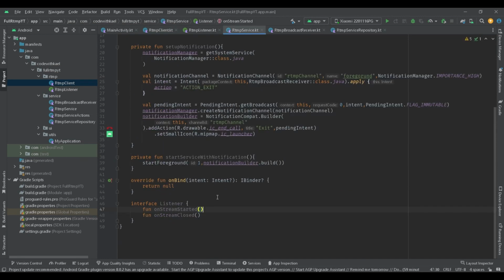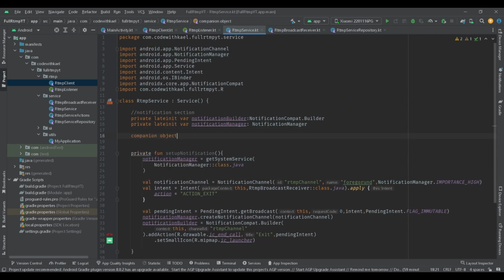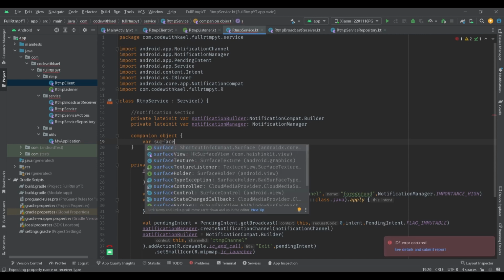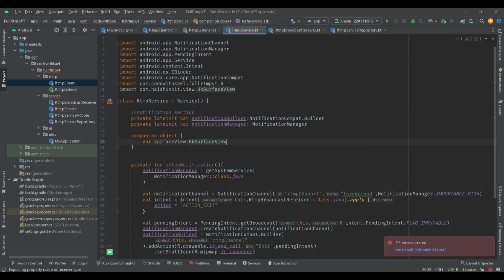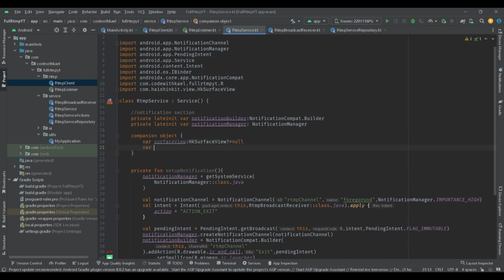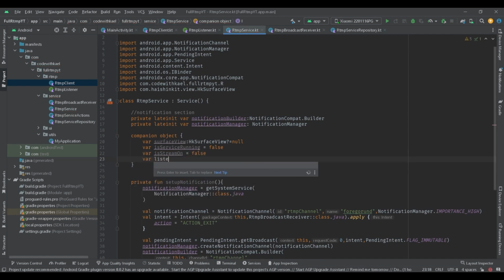So inside my RTMP service as well, I'll remove this, and I'm going to create a companion object to store some variables which I can access globally. The first one is going to be surfaceView of type HKSurfaceView, and it's going to be null initially. Then isServiceRunning to keep track of our service, which is going to be false initially as well. And then isStreamOn to keep track of the stream, and a listener to register for the events